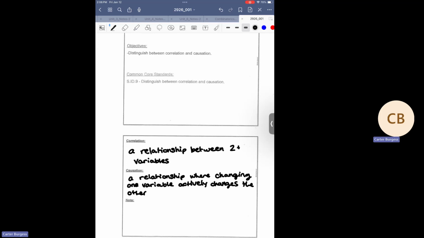My carrying a cup from my table to this table is what caused the cup to move from this table to this table. It is not a coincidence. It is not that there was something else. It is exactly my movement causing there to now be a cup here. This can be a little bit tricky to tease apart. Part of why, again, is that reality is messy. It's not going to necessarily be super clear cut. Part of that messiness is that there are often more than two variables interacting with each other at a time. And by often, I mean almost exclusively, predominantly.